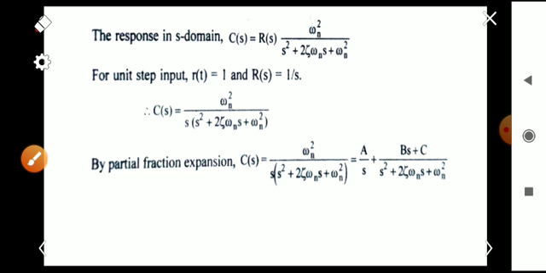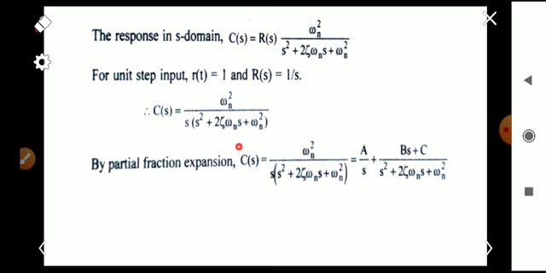And we can find the Laplace inverse using the partial fraction technique to split the large term. This is a large term, so we can split it into a term with the denominator s and another term with the denominator s square plus 2 zeta omega n s plus omega n square. So it is like that: a by s plus bs plus c divided by s square plus 2 zeta omega n s plus omega n square. So as per the partial fractions rule,